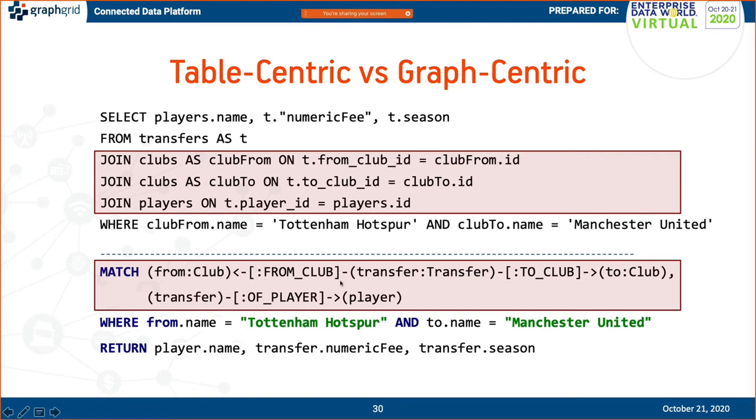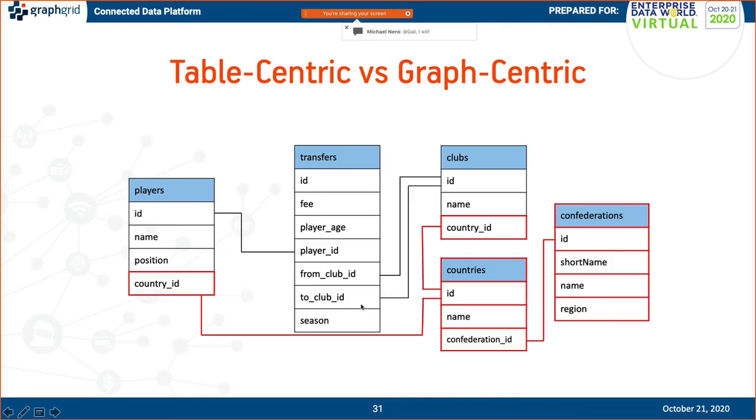These square braces are kind of like your relationships. It gives you a much more intuitive connection to the data that you're actually querying and asking questions about. So we're going to match some club, that's the from club, across this relationship where this transfer took place from this club to this club, and the transfer was of this player. And so it really provides a much more intuitive way to work through your data and work with it, for your developers, for your analysts, anybody,